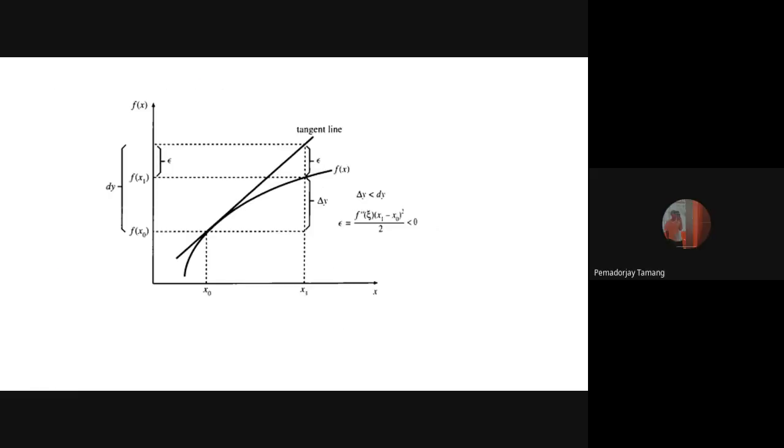So I have a question. Regarding that overestimate and underestimate, if the tangent is above the curve, it is always an overestimate. Yes, sir. And when will the tangent be above the curve? What will be the shape of the curve? Concave. Yes. So if the function is a concave function, you're always going to make an overestimate. But if it is convex, it will be an underestimate.